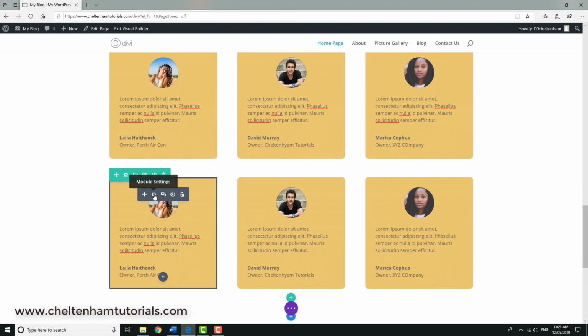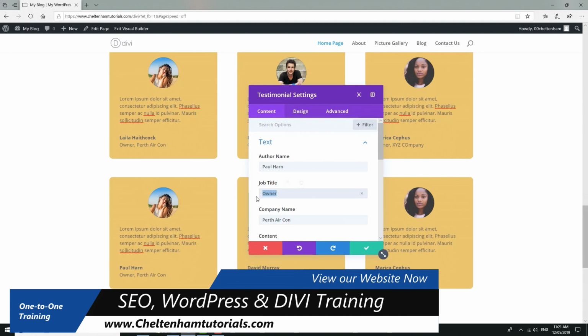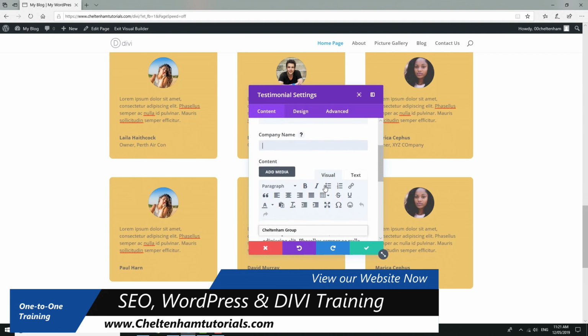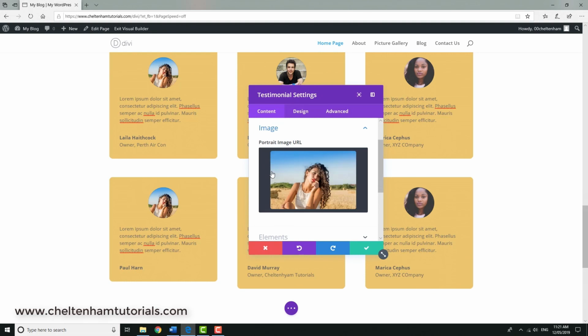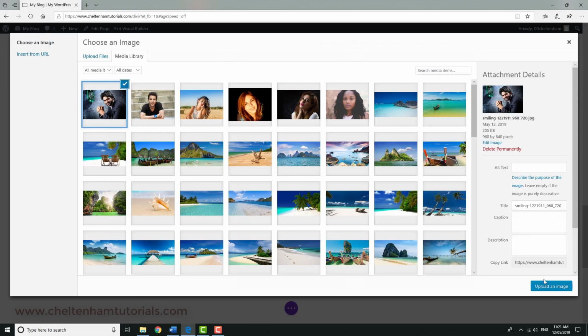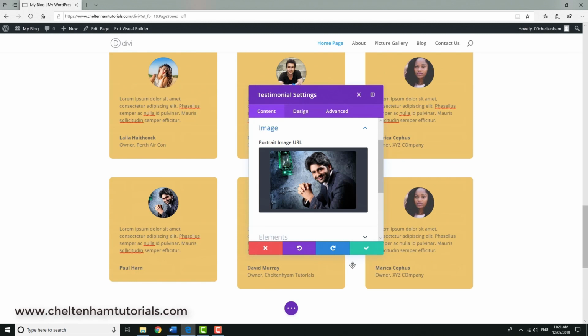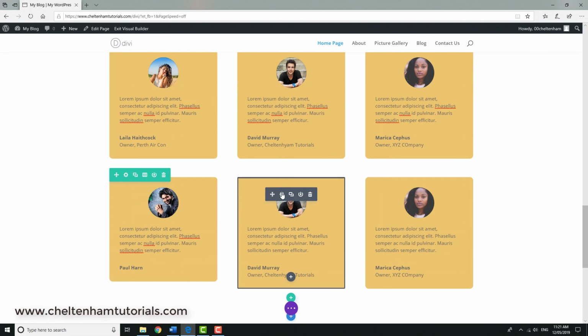So I'll click on where it says module settings and I'll give it a different name, and I won't have any details for company details, and I'll just simply come down here, change the image, so we'll go for this one here. Similarly, I'll go and change this one,